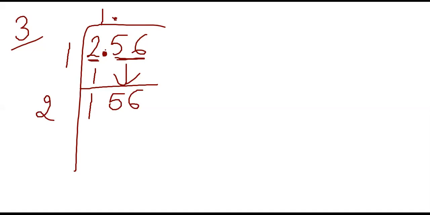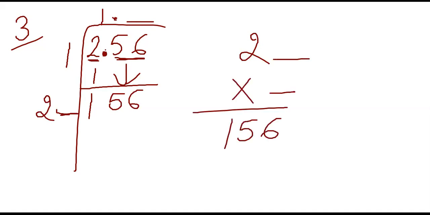Okay, now with the same method you will check this number and this number should be same, and when multiplied it should be 156. So what can this number be? It can be either 4 or 6. Check on 6. It will be 6 into 6, 36. Yes, 26 into 6 will be 156, right? So in this way we can do this question. Yes, the answer will be 1.6. It will go on 6. So the answer will be 1.6 here.